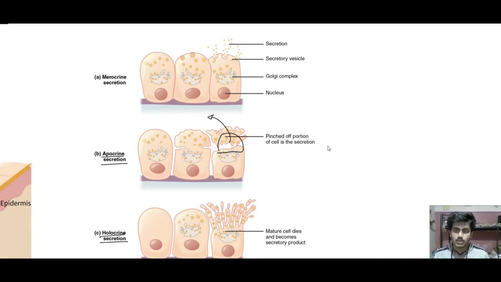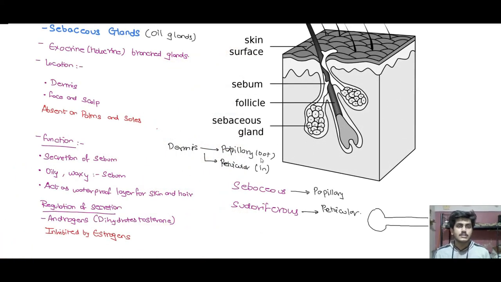अब holocrine secretion में जो पूरा सेल है, it has the secretory product and it gets shed off. The sebaceous glands, which are the first which we will discuss, the oil glands, are the type of exocrine holocrine gland. यानी ये भी एक टाइप ऑफ होलोक्राइन ग्लैंड है जिसमें पूरा सेल जो है वो शेड ऑफ होता है,